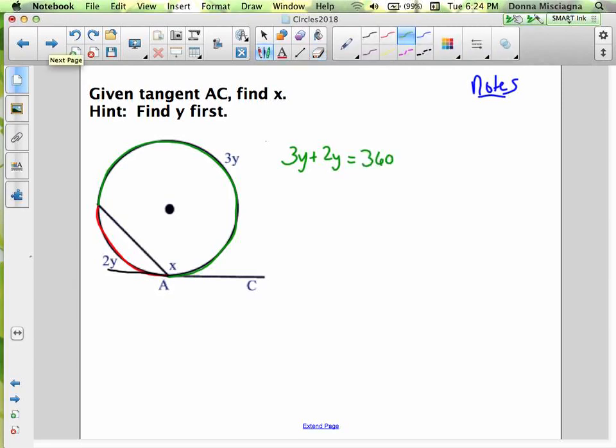The whole circle. So that means 5y equals 360. If we divide both sides by 5, y will be 72. All right, so now we know what y is, but that's not the measure of the arc. Right? Here's